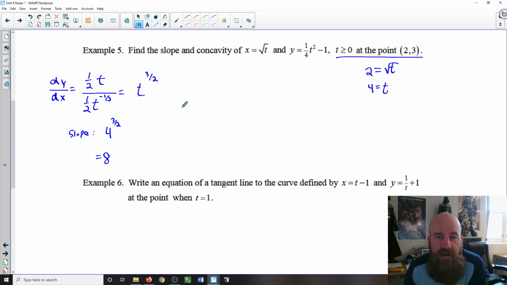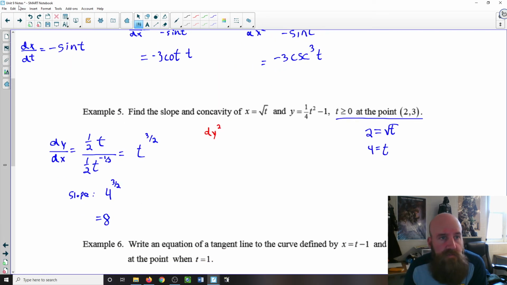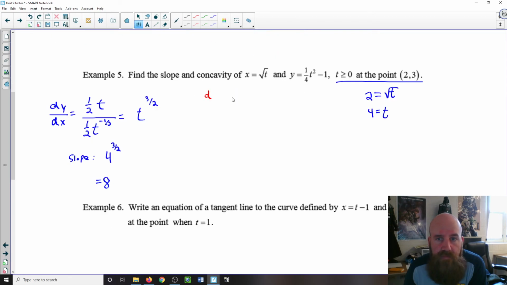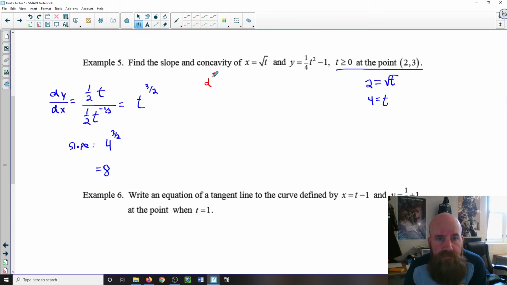Now doing concavity, we have to do the next derivative. So, the second derivative. Remember, we're taking the derivative of this. So the derivative of our derivative would be 3/2 t to the 1/2,